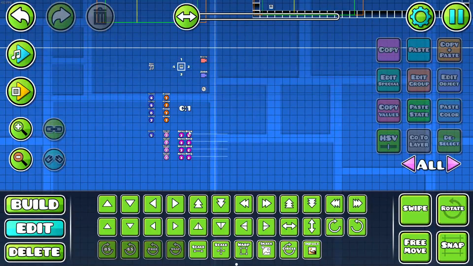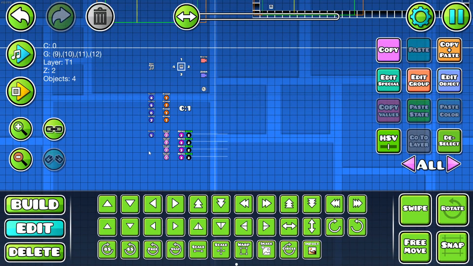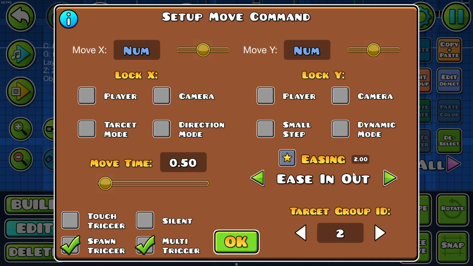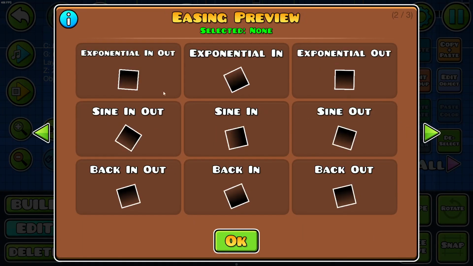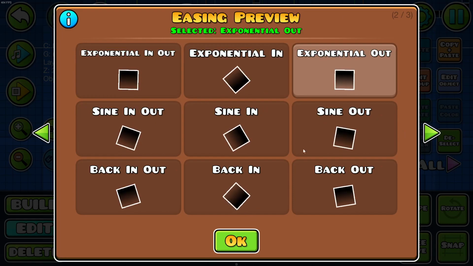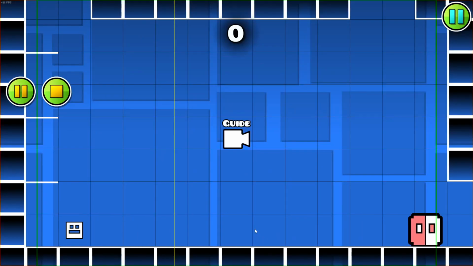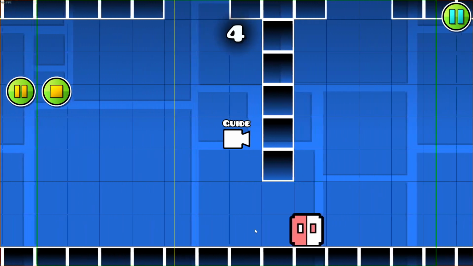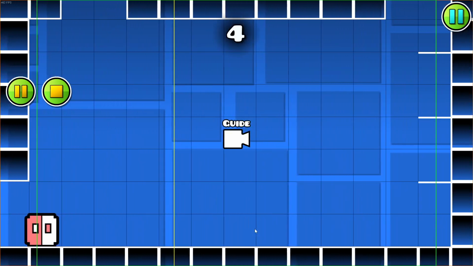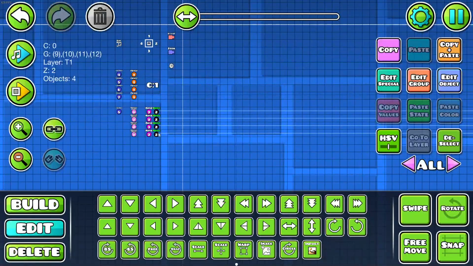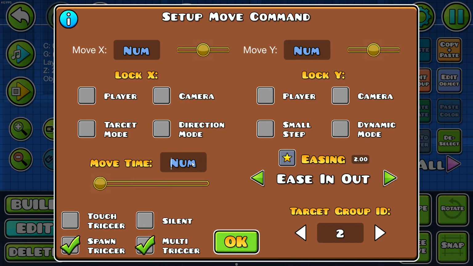Final thing is, like, this is really easy to customize. If you wanted to change how your camera works, you can easily come in here, pick a different easing, different time for the easing. Obviously, you wouldn't want it to take this long, but you know, it's just to show that this is fully customizable with your own